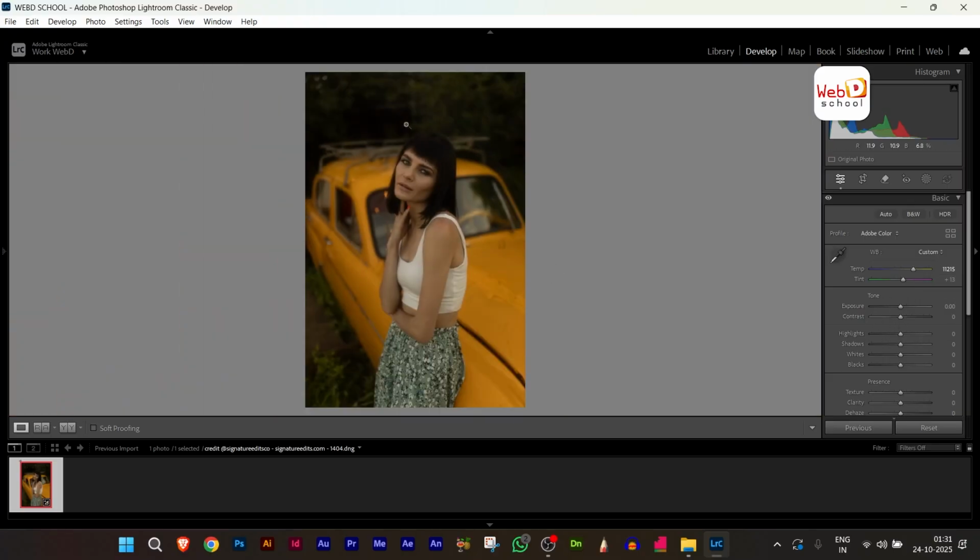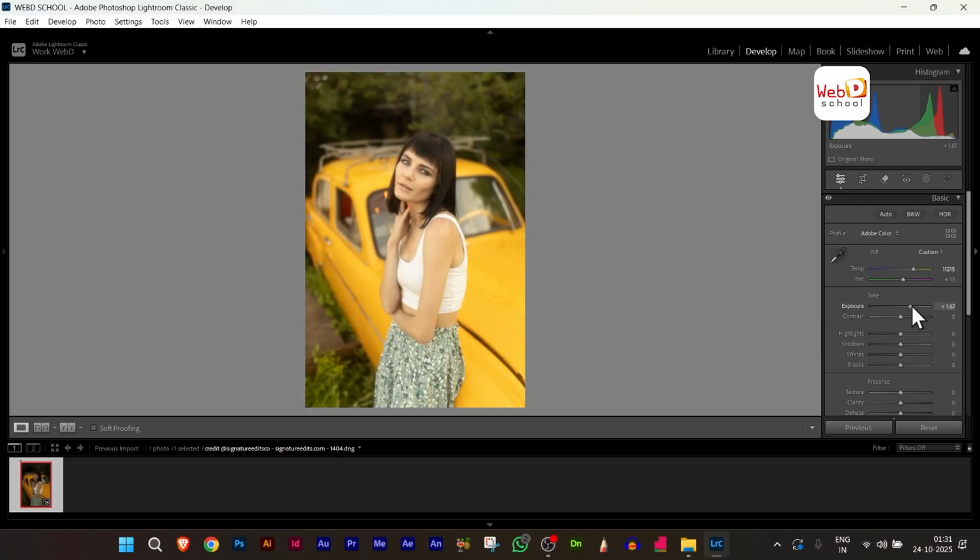You can see that the image is a little bit darker in tone, so I want to give exposure. Exposure is nothing but the amount of light that you give to the particular image. So I'm going to increase the exposure here. You can see that if I increase it, the image gains light. But if you increase the exposure too much, or to a higher value,